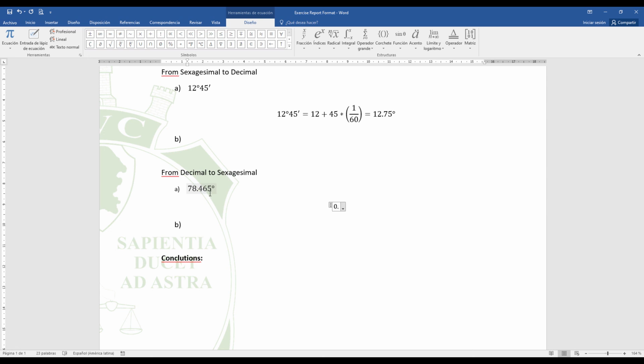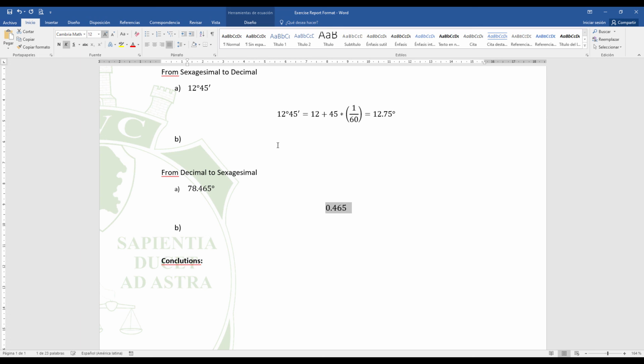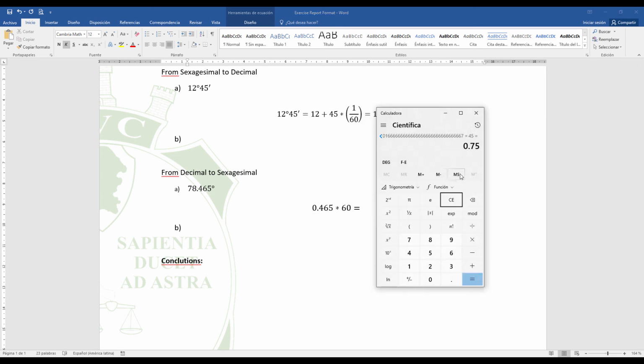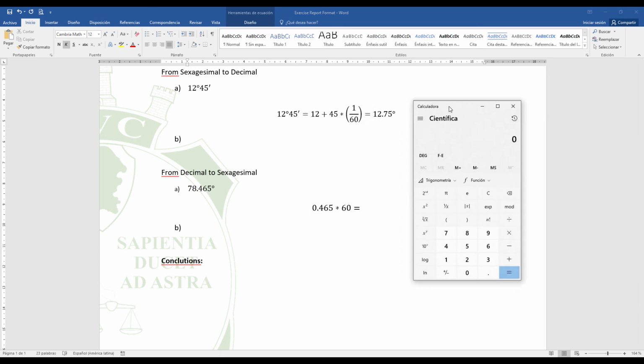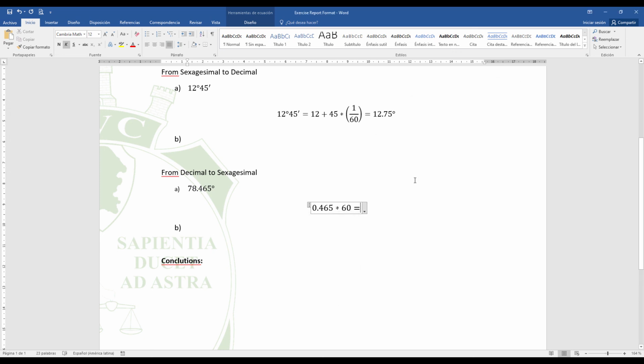So the 46.5, I think that size of font is, I don't know, yeah, multiply by 60, and what is the result of that? 46.5 plus, okay, 27.9 minutes. Okay,